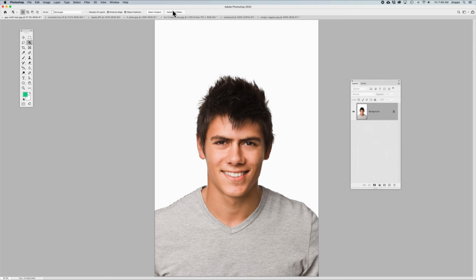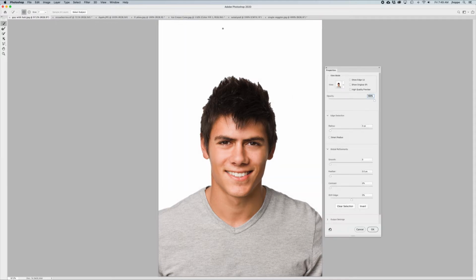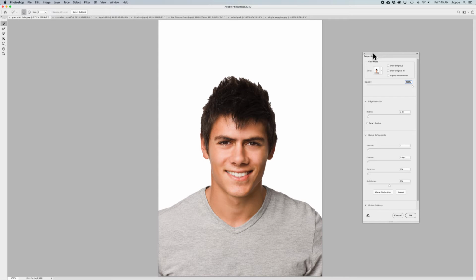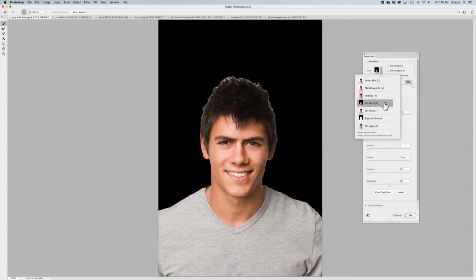So let's jump into Select and Mask, either by going into the Select menu and choosing Select and Mask, or by selecting the Select and Mask button. Here we come up with our properties, and in this case I want to view this on a background that is different from when we started. We were on a white background. I want to preview this on a black background